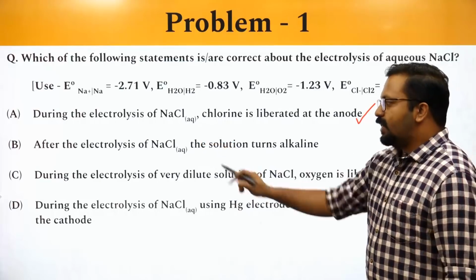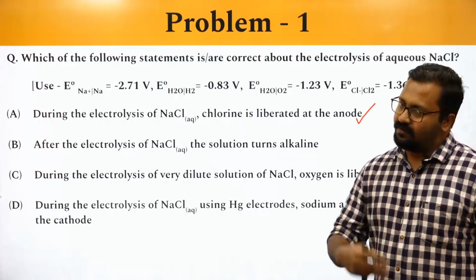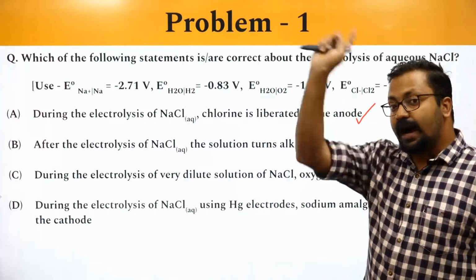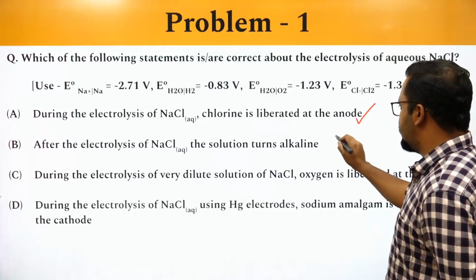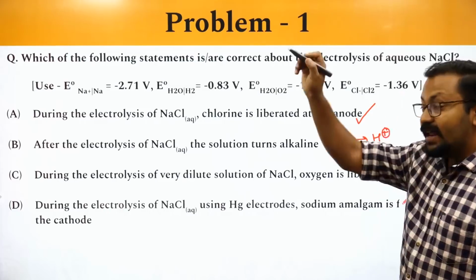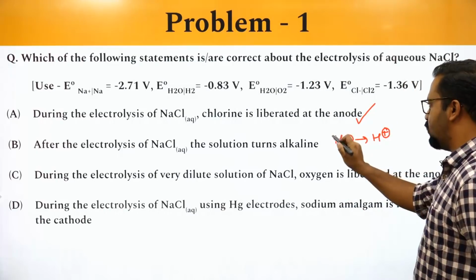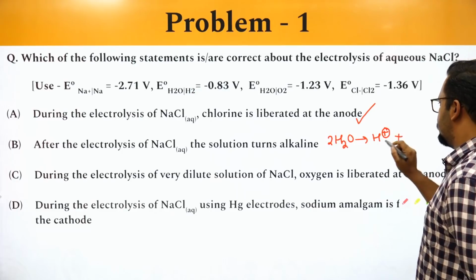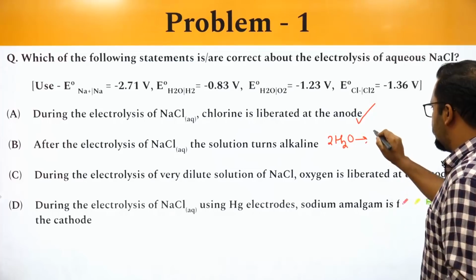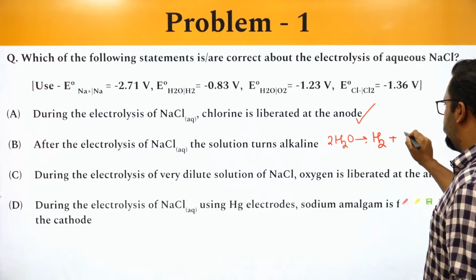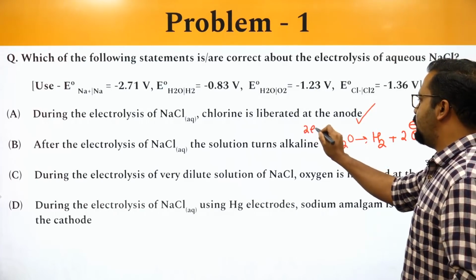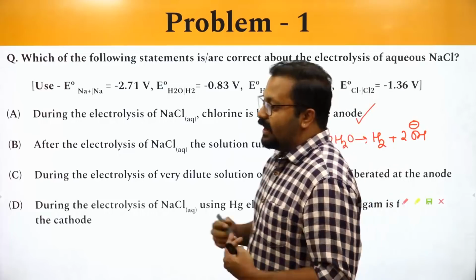After the electrolysis of NaCl, the solution turns alkaline. Why does it turn alkaline? Now, chlorine is liberated. What was the other reaction? The other reaction was conversion of H2O into H2 plus 2OH minus. Why did I ask you to remember this reaction? Because of this region. Now, if you don't remember this reaction, it will be impossible for you to identify how